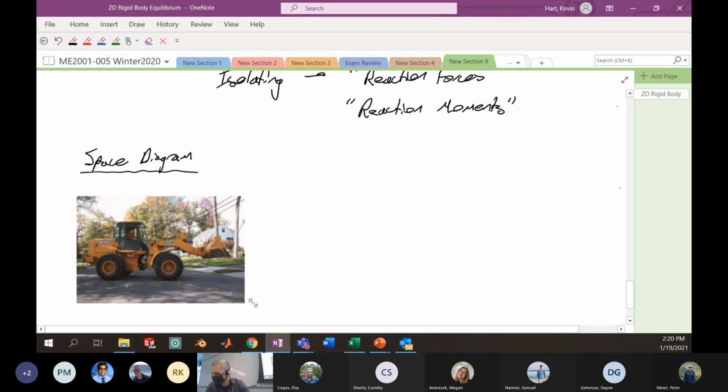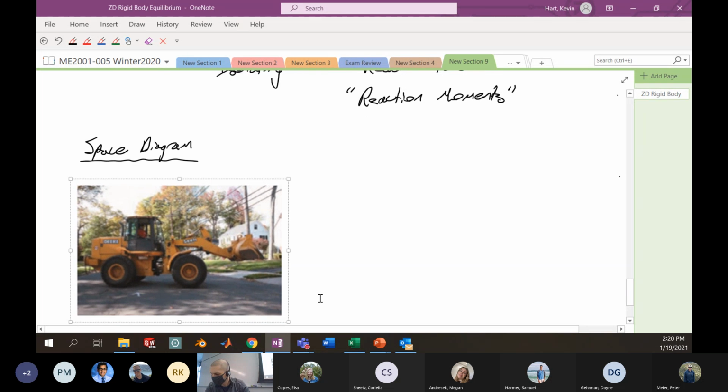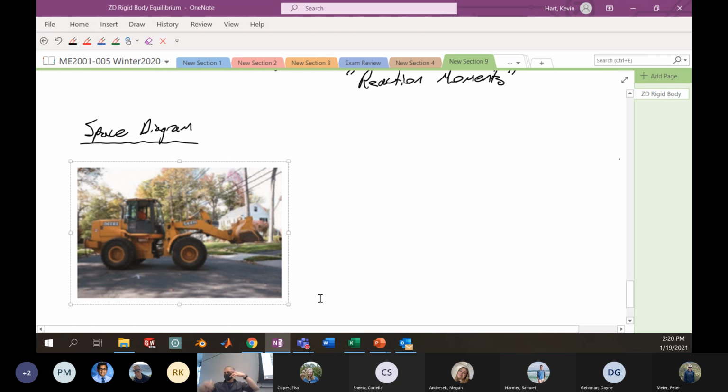Looks like this. Okay. So here's this truck. We've talked about going from a space diagram to a free body diagram. Okay, so if this is your space diagram, a free body diagram,